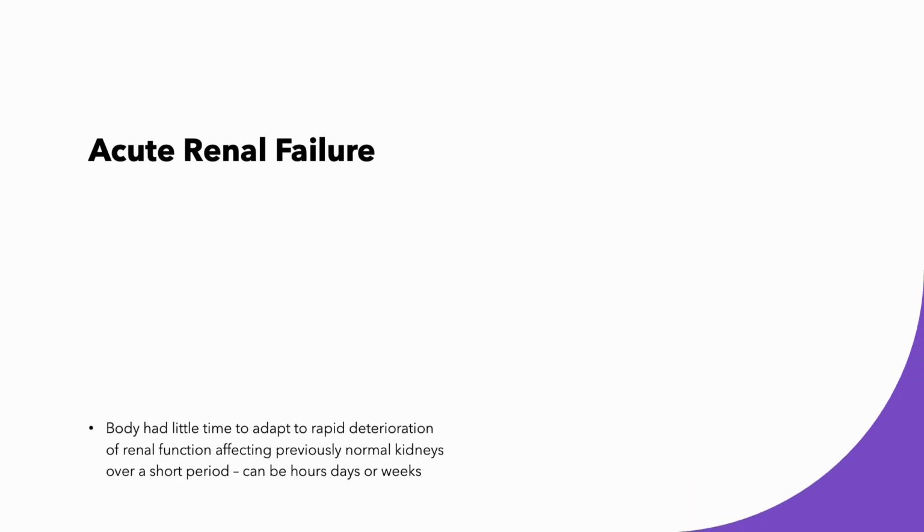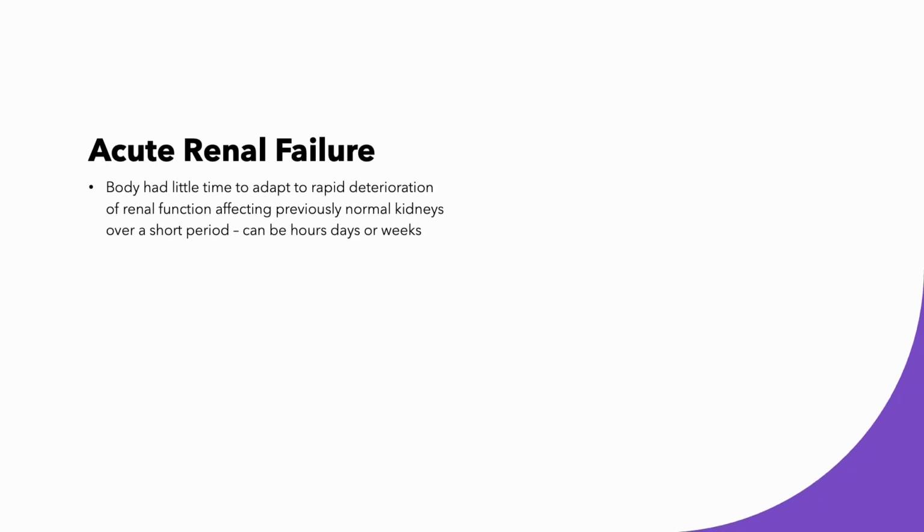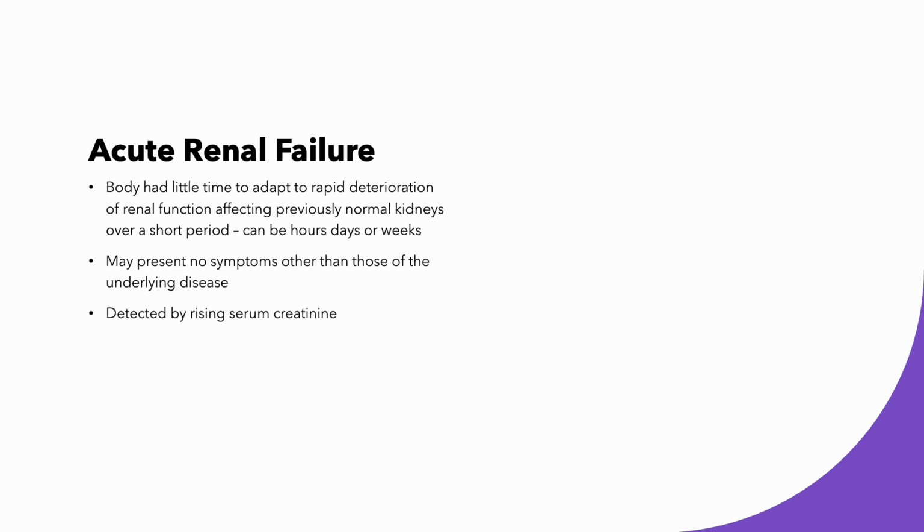Starting with acute, in this the body has little time to adapt to rapid deterioration of renal function. The kidneys would previously be normal and it affects them over a short period of time. This can be hours or days or weeks. Acute renal failure may present no symptoms other than those of the underlying cause. It is detected by rising serum creatinine, and it causes loss of fluid volume regulation and reduced capacity of excretion